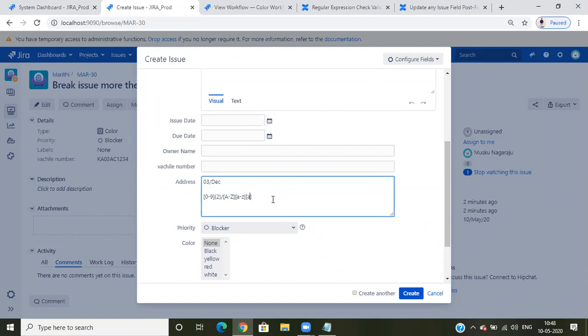Again A to Z. This should be suppose three letters. If I restrict it to only three letters, this format should be accepted.